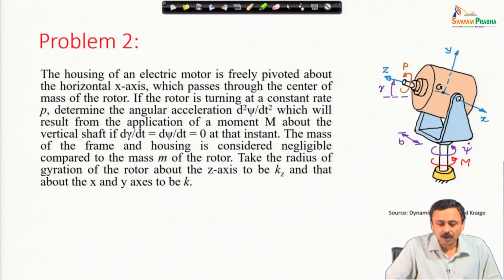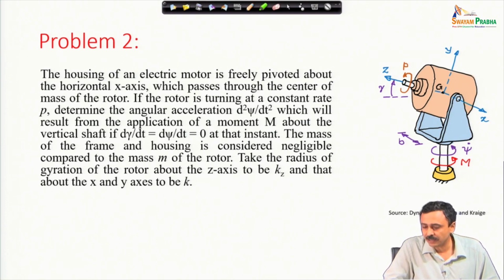This is the second problem. The housing of an electric motor is freely pivoted about the horizontal x axis, which passes through the center of mass of the rotor. If the rotor is turning at a constant rate p, determine the angular acceleration psi double dot, which will result from the application of a moment M about the vertical shaft if d gamma/dt